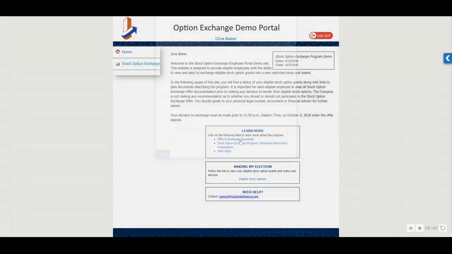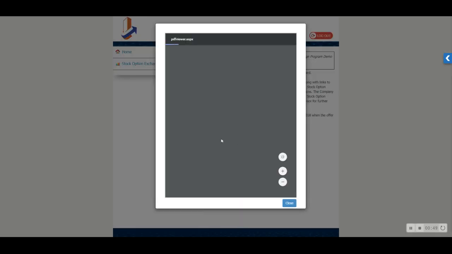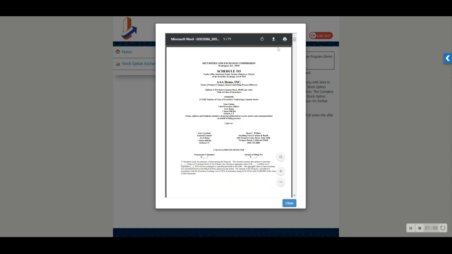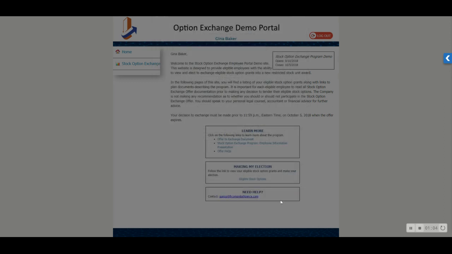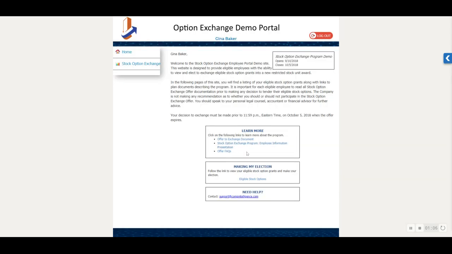I'll click on one here for the offer to exchange, where you can see it will load the offer to exchange in a PDF viewer for the employee to then read, download, print, whatever they want to do with that document. And that's the same for all of these different documents. The most common ones we're going to see are the offer to exchange,